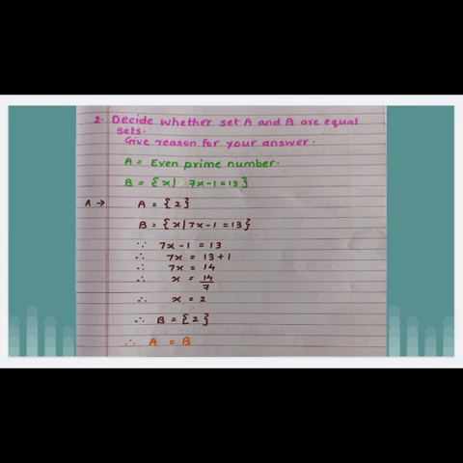13 plus 1, 14. Okay, now 7x, between 7 and x which sign? Multiplication. So when the 7 shifted to opposite side, it comes under division. That means denominator. Hence in the next step we write x is equal to 14 upon 7. So 7 1s are 7, 7 2s are 14. Therefore x is equal to 2. Therefore we got set B element is 2.